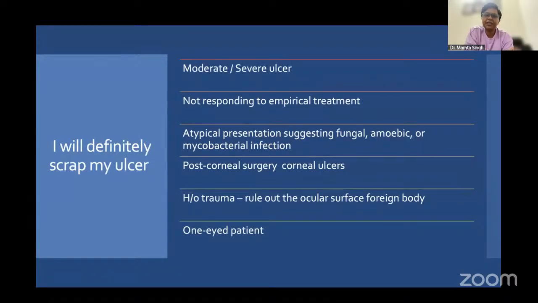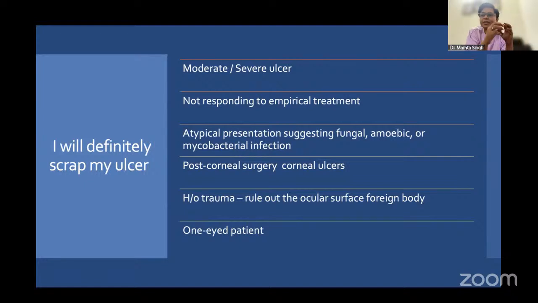I will definitely scrape my ulcer if I have a moderate or severe ulcer. Severe ulcer does not always mean a completely punched out ulcer. Even in those cases, we can use a sponge or a wet bud for taking the microbiological specimen. Then I will definitely scrape an ulcer which is not responding to the empirical treatment, or when we have an atypical presentation of ulcer, or we have a post-corneal surgery corneal ulcer, and when there is a history of trauma, because